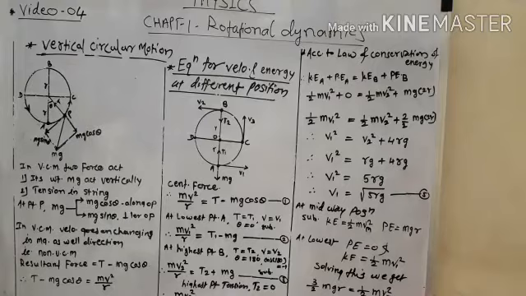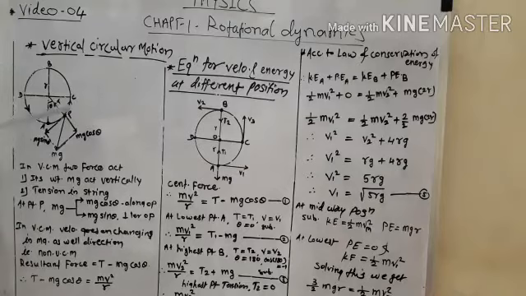And so in this vertical circular motion, the resultant force acting on the body is given by T minus mg cos theta. Why T minus mg cos theta? Because this mg cos theta opposes the speed of the body of that mass, so the tension minus this opposing component, T minus mg cos theta, is the resultant force.